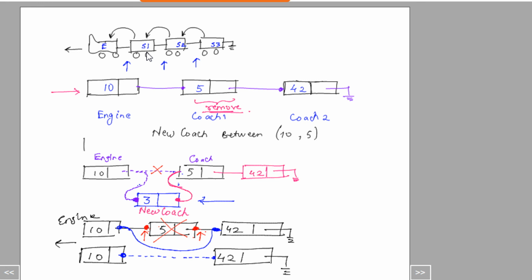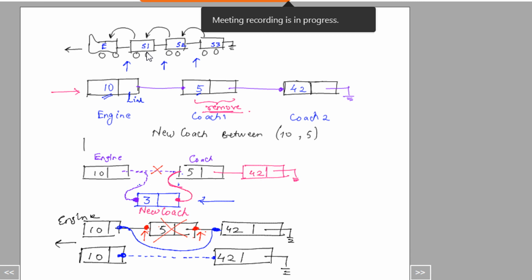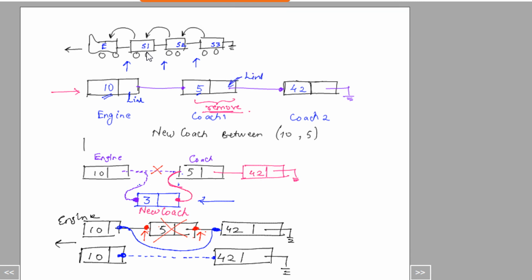So if you see in this particular case, in a linked list, I am also maintaining a link with every element, right? There is an element 10, and along with it is the link. There is an element 5, but I also need the information of the link to which it is pointing next. Again, this is also a link, but this last one we say is the null link, right?